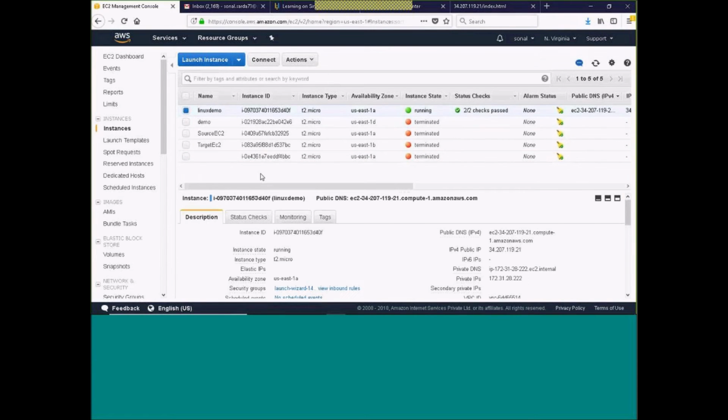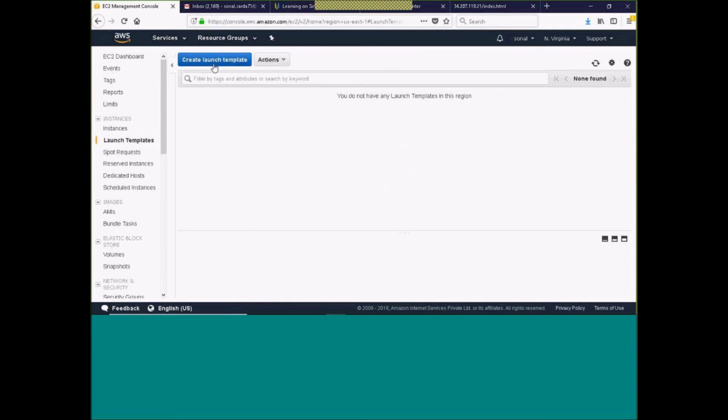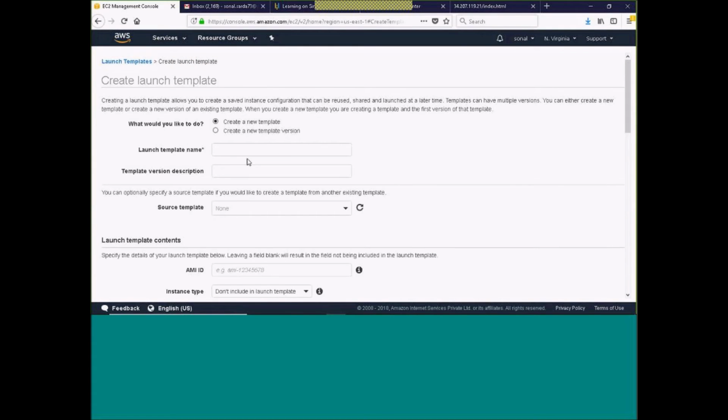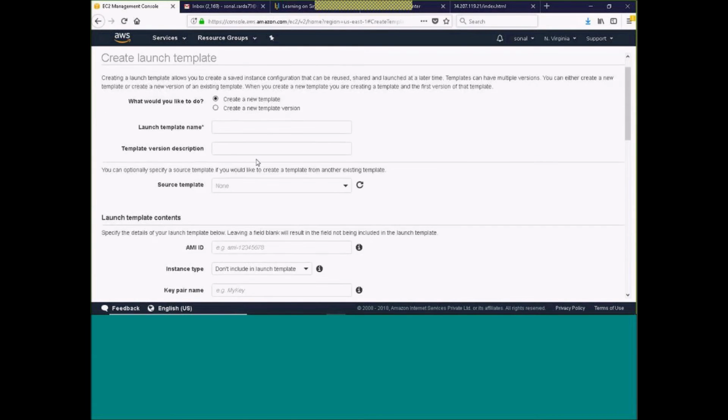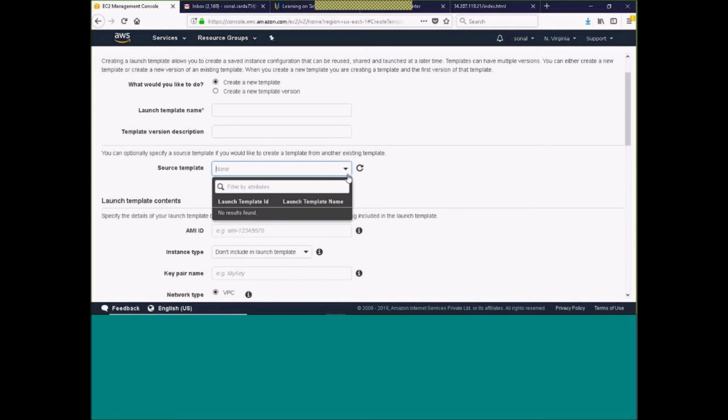Once the AMI is created, by using this AMI I can launch. Is launch template similar to AMI? Where is that option, launch templates? Okay, here, launch templates. Creating a launch template: you can specify the name of your template, the description, and the source template, meaning if you have already created some template, you can use that to create another template.